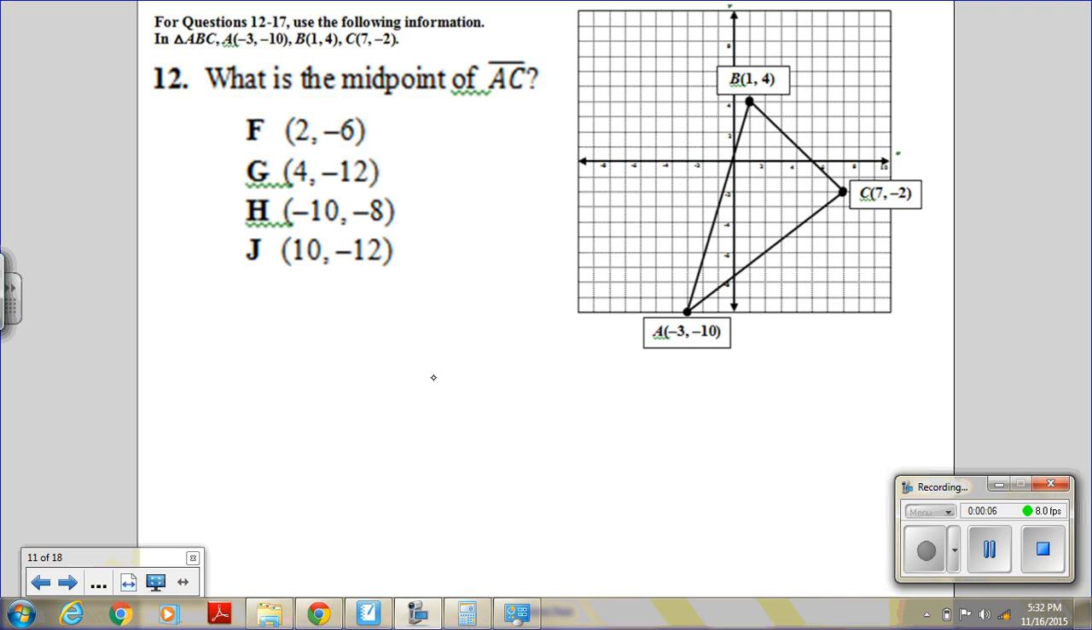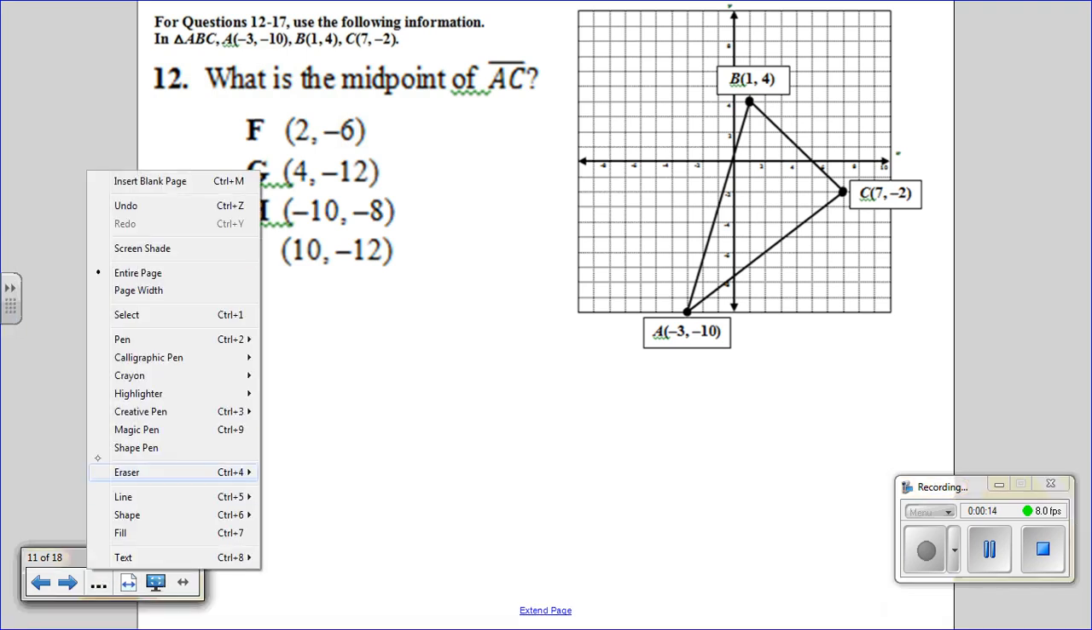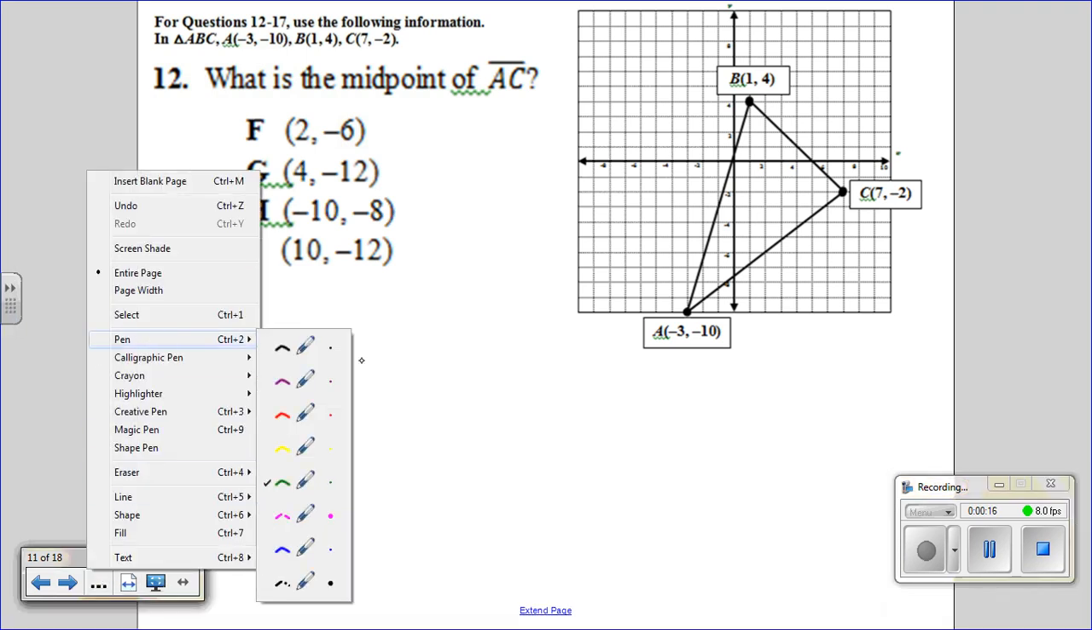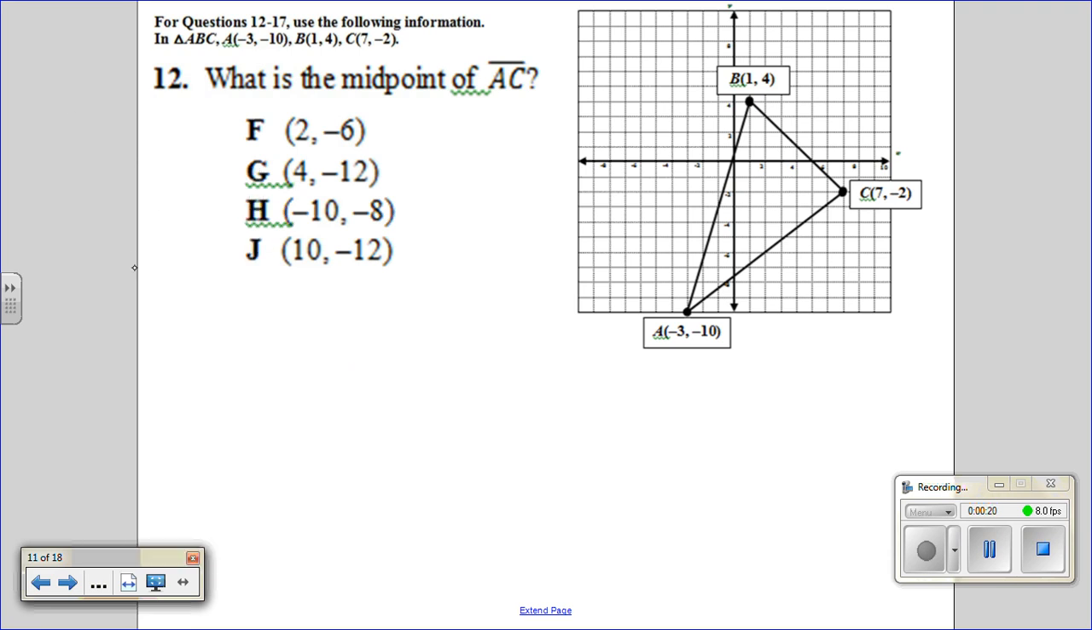What is the midpoint of AC, number 12? So the midpoint formula, for those who've forgotten, and you need to know for your tests, is X plus X divided by 2, Y plus Y divided by 2. So for AC,